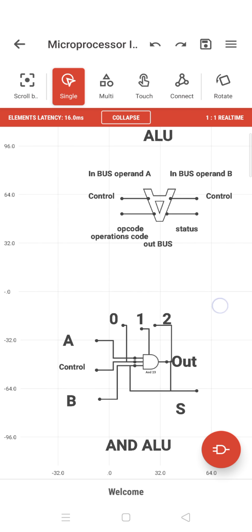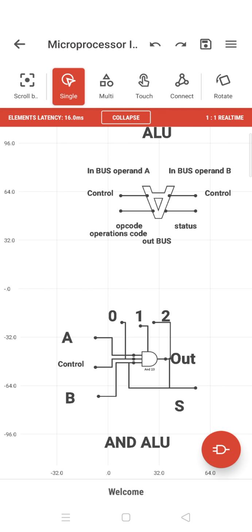Now I'm making a simple arithmetic logic unit, which is going to do operations using a single AND gate. Now we have a control signal, which is in the center. It has three points: the control signal at the center, data A at the top, data B at the bottom. Then it goes to an AND operation and gives you the out. Out is where the result of A and B is.